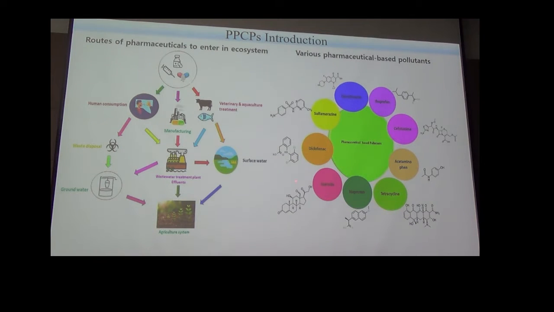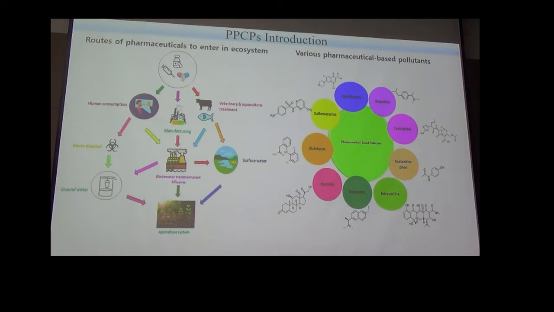Introduction to PPCPs. PPCPs are nothing but pharmaceutical and personal care products, which are also called micropollutants. The emerging micropollutant contaminant in recent times receives immense attention because of its toxicity, even at extremely low levels in the water medium. And thus, removal of PPCP